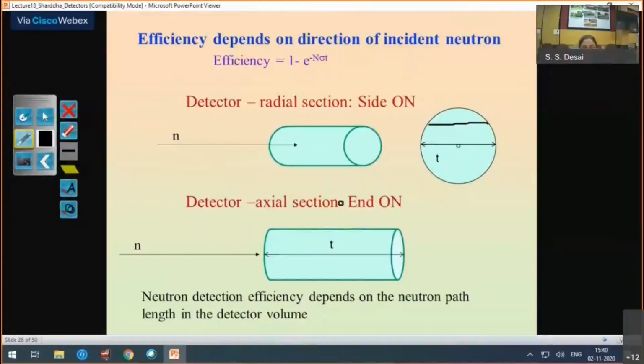whereas when a detector is mounted in the end-on position, facing the circular end, with neutrons coming from the flat portion of the cylinder, you are seeing the entire length of the detector as t. Here it works as a point detector, and there it works as a linear detector. So that is the difference. When you want to use it as a point detector, use it in the end-on position. If it is a long linear detector and you have to cover a larger length, then it is the side-on position, but the efficiency is a factor which has to be considered.